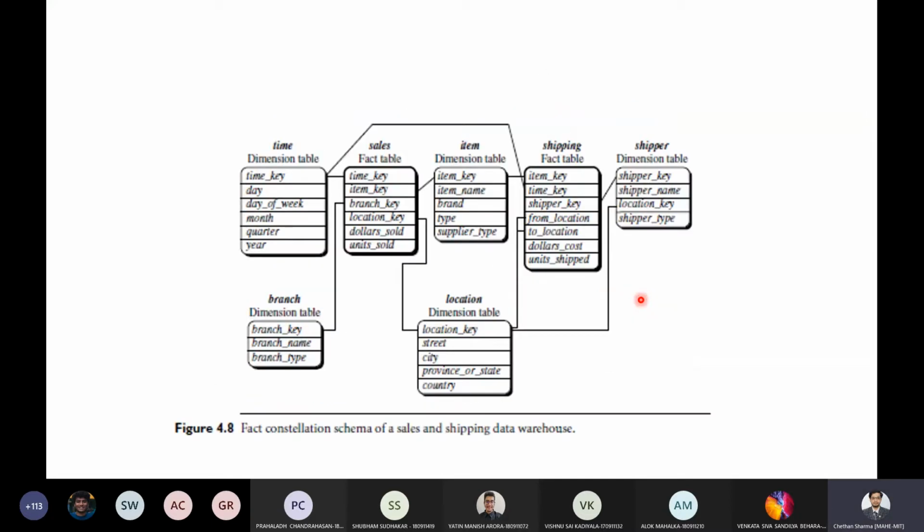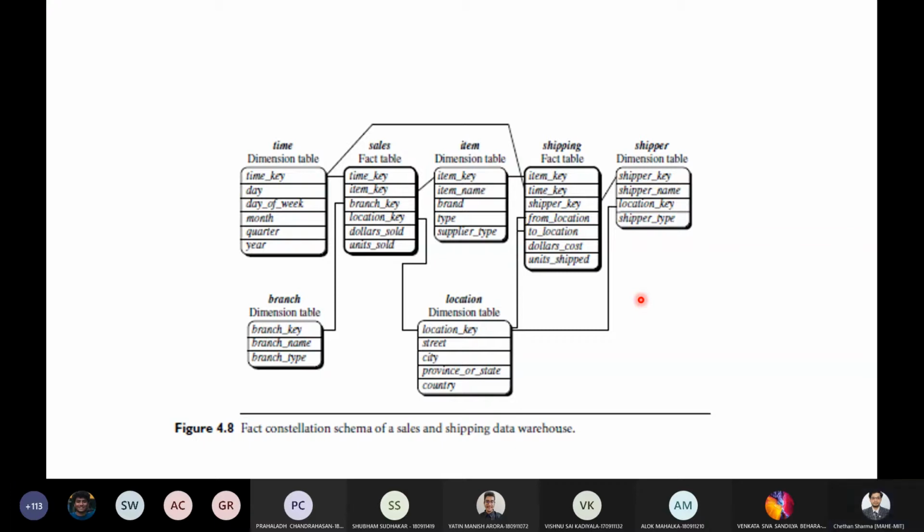So the next is the fact constellation schema. There might be a few sophisticated or complex applications which require that you share multiple dimensional tables with each other.